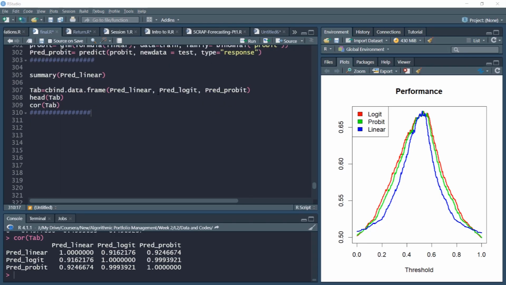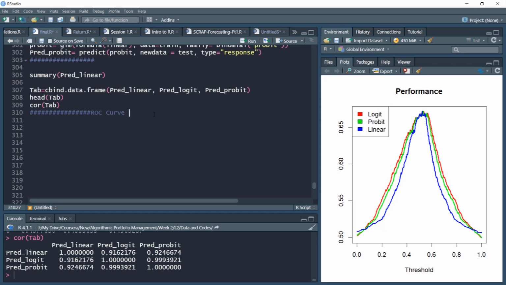In the previous video, we predicted the values using the trained model with the test data set. In this video, using these predicted values for all the three algorithms, we'll compute the ROC curve and compare and visualize performance. We'll also compute area under the curve to compare the performance of the three algorithms.